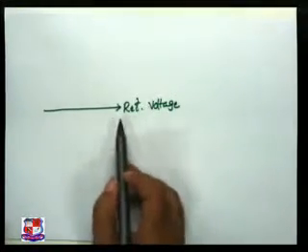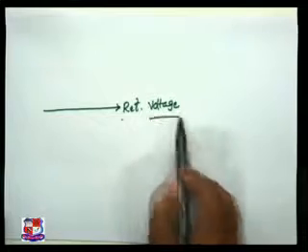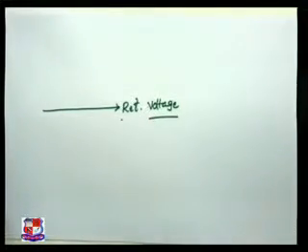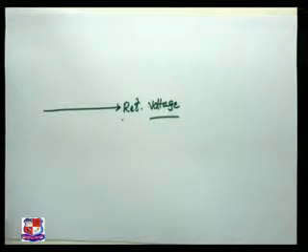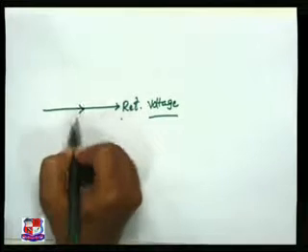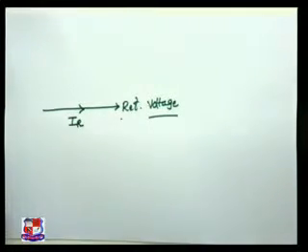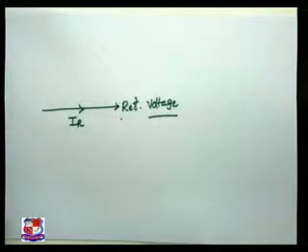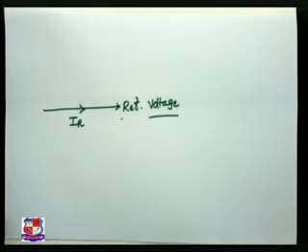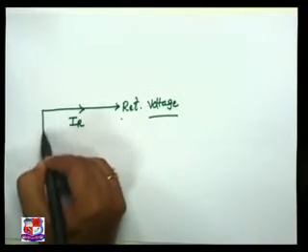Okay, this is our reference axis. We consider our reference axis as a voltage, and in a resistive circuit voltage and current are both in phase. So if you represent the current passing through the resistance IR, then it is always in phase with the voltage. In an inductive circuit, what happens? Your current is lagging behind the voltage. So this is our voltage axis. So your IL is